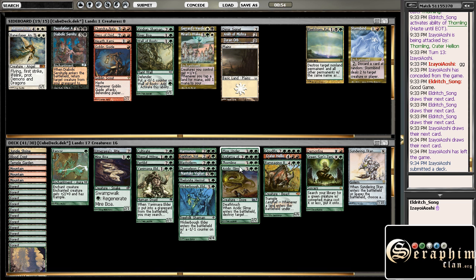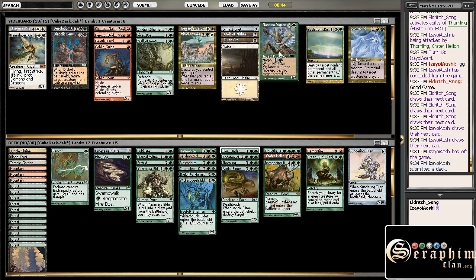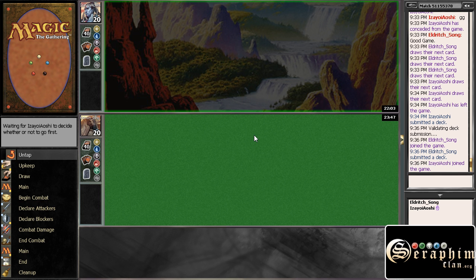Green Sun Zenith still seems good, even though I haven't had a chance to play it yet. Thornling, Acidic Slime, Vigilante. Vigilante seems weak, so I want to pull that out. And I'll submit this and we'll see how it goes. Alright, so game 2, he gets to go